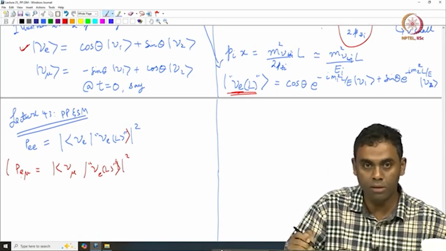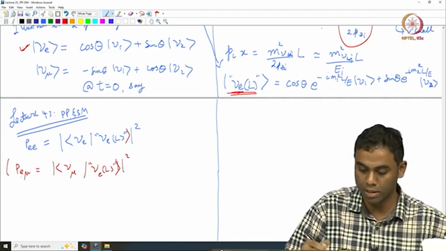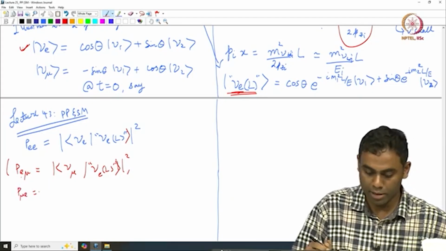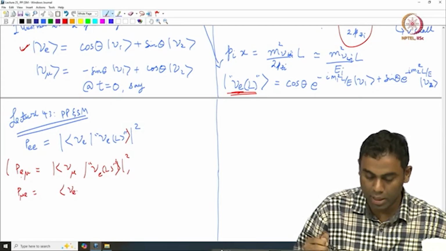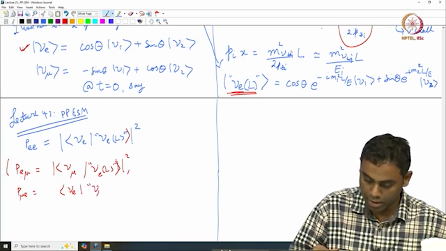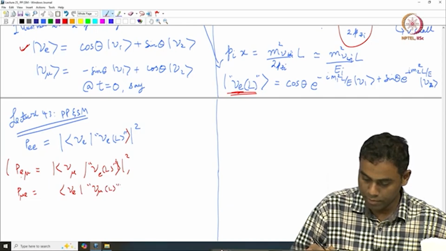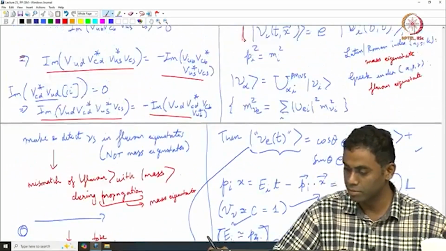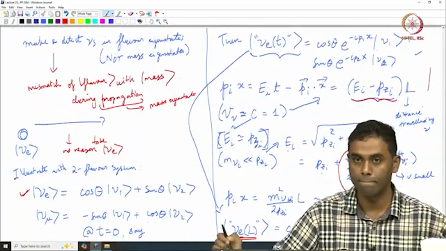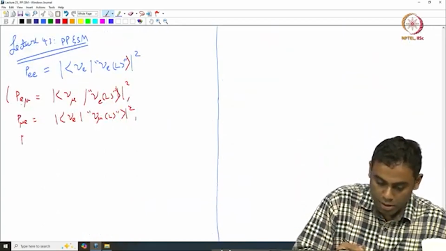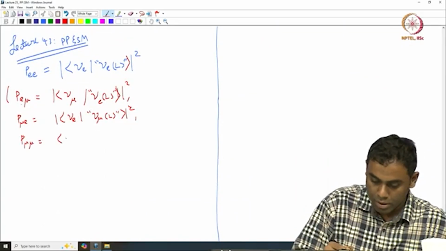Similarly, I could have started with some muon neutrino flavor eigenstate, right? So let me write that also down. If that were the case, I can ask what is the probability that I detect it as an electron neutrino now. So that I would write like this, where suitably I would find an expression for nu mu of L within quotes just by following this procedure over here on the right. And finally, to finish the quadrant, I can start as a muon neutrino and I can ask